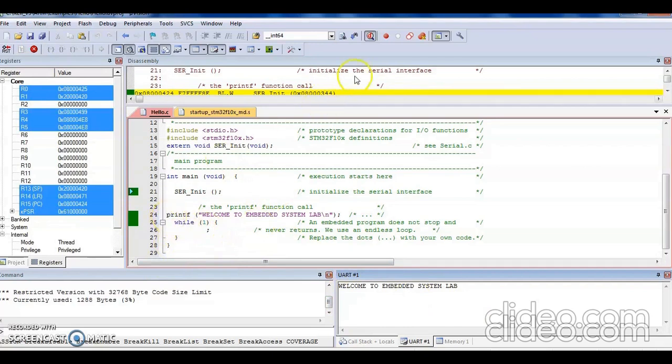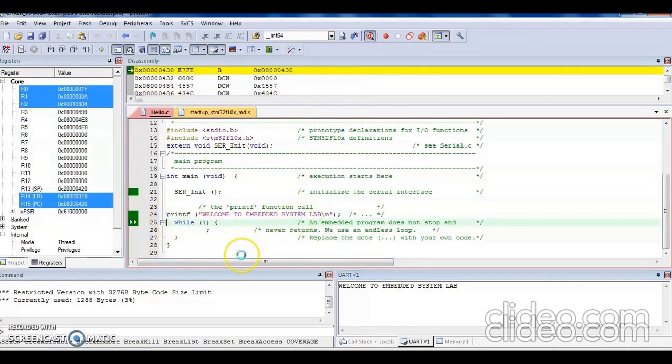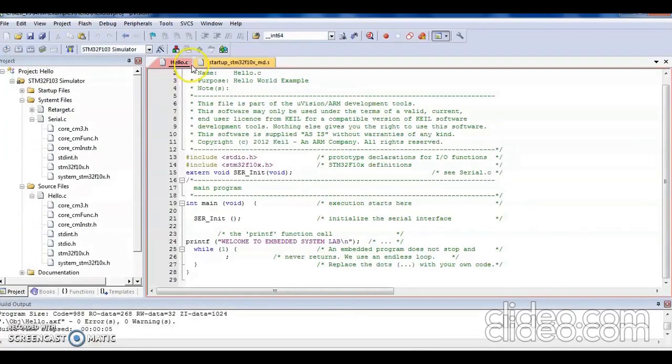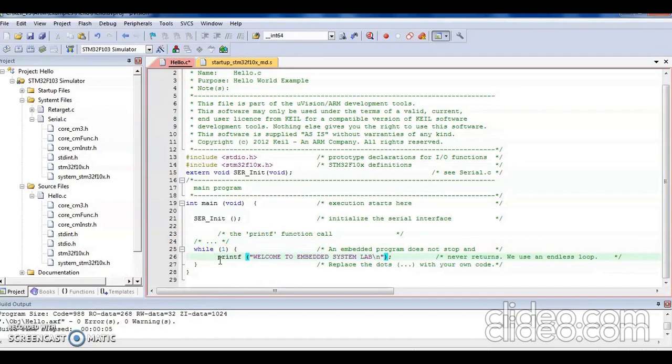I will just stop the debugger. Let me send the message continuously within this while loop, such that, let me save it and build it again.